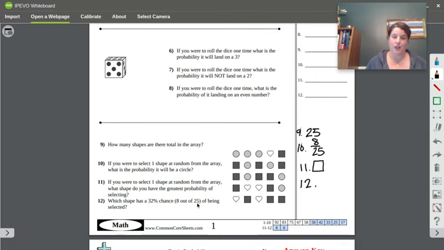Which shape has a 32% chance, or an 8 out of 25, of being selected? So we already did this up here. 8 over 25. So that would be the circle. The circle has the highest, or the 32% chance. Now, real quick, before I give you one more worksheet to do on your own,